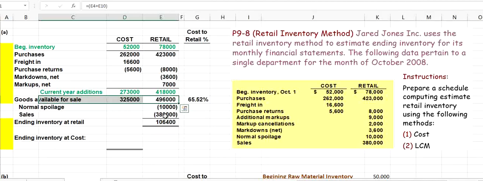And then we had a spoilage and sales. Now after this month, $1,06,400 retail value of inventory is still remaining, and the rest of it is sold. So this is the retail value, ladies and gentlemen. And we know because of this percentage that out of this retail value, 65% is the cost portion, remaining is gross profit. How do we know it? Because of this relationship that we had.